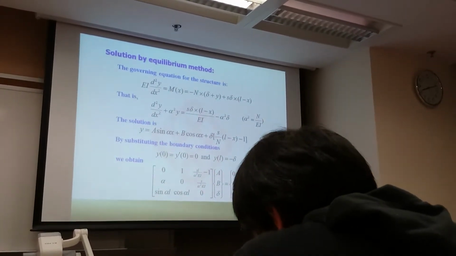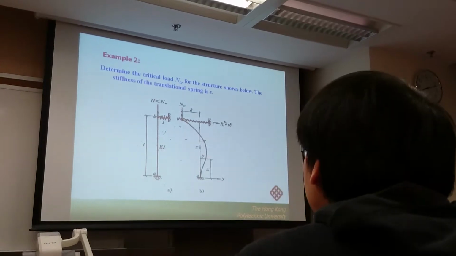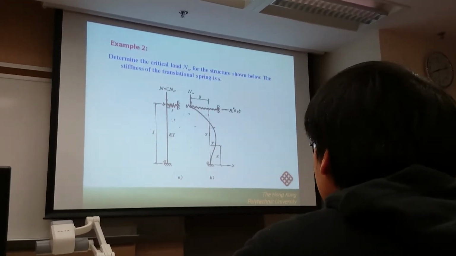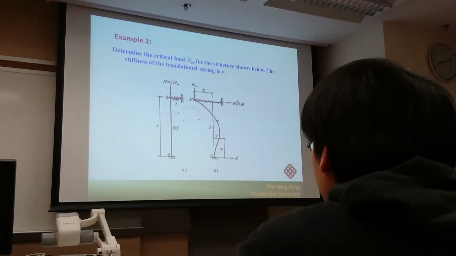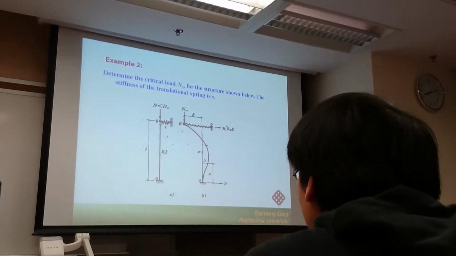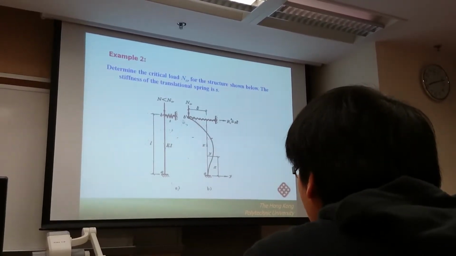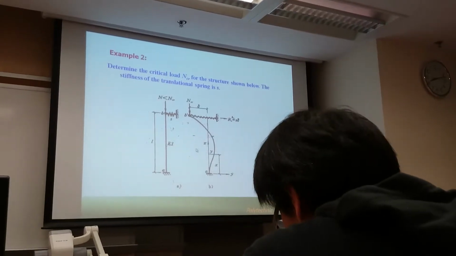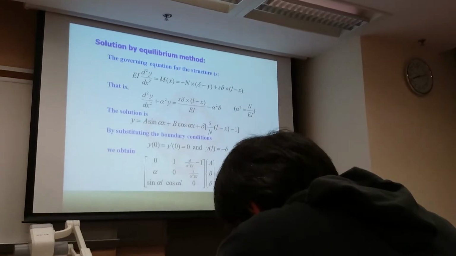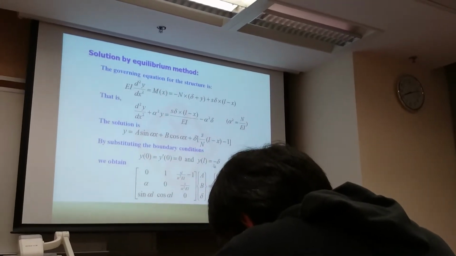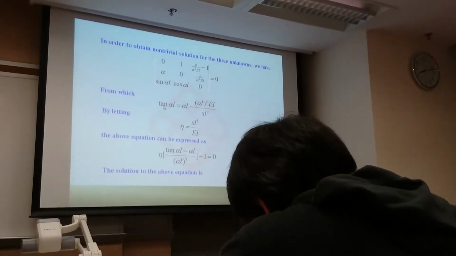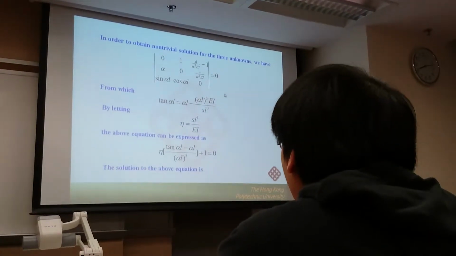And how about the boundary condition? Rotation here is equal to 0, deflection here is equal to 0, but deflection at point B is not equal to 0. Please understand, deflection at point B is equal to YB. YB means the deflection at the point B. The deflection at the point B is negative, so it is equal to negative delta. So here YL is equal to negative delta. After obtaining the boundary conditions, it is easy to obtain the determinant,